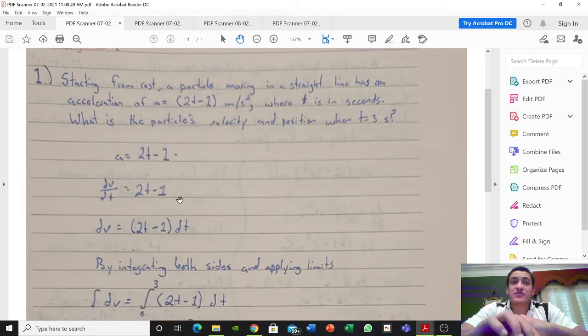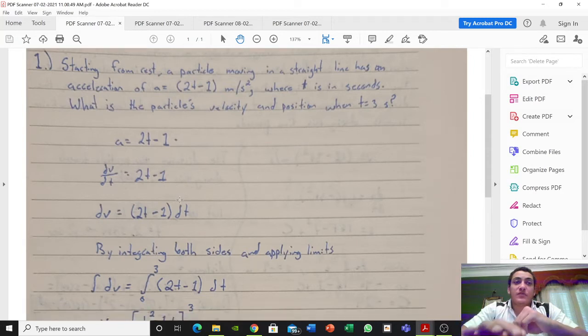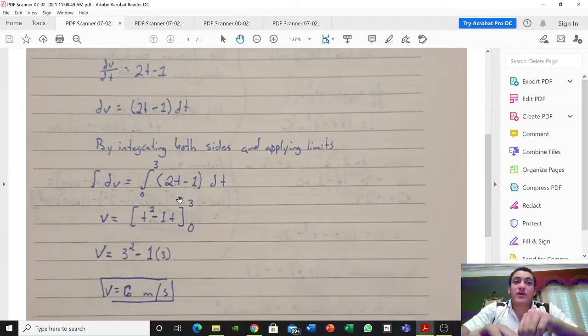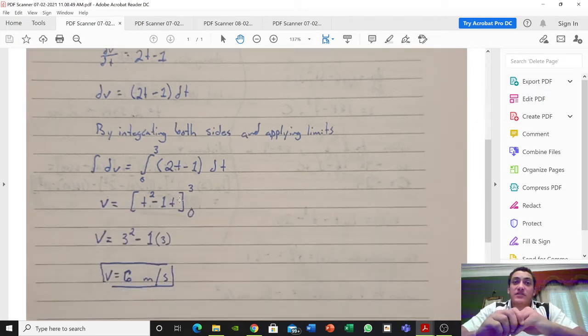So the first step is to look at the question and take out the important part, which is a equals 2t minus 1. So using the formula we learned in class, dv over dt equals 2t minus 1. Move the dt to the other side, so it's dv equals (2t minus 1) dt. By integrating both sides and applying limits, with 3 at the top and 0 at the bottom, the integral of 2t minus 1